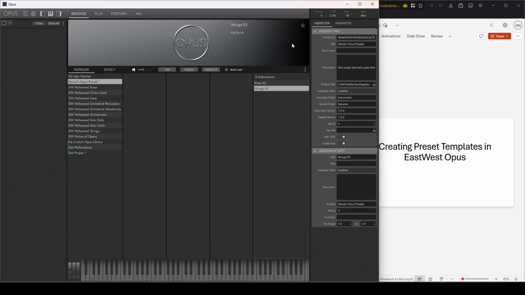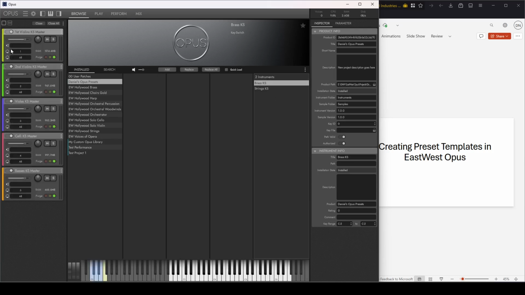So what this video is going to go into is how to create a preset that automatically loads in a bunch of instruments with settings on them, and there we go. It took a minute to load it there. So with that preset, it loads in 5 different instruments here, and they're routed with different MIDI settings,